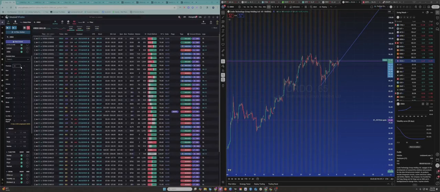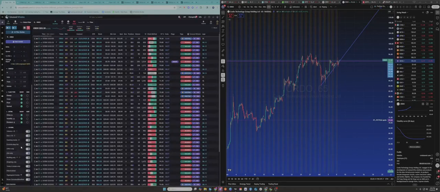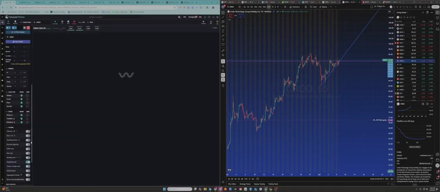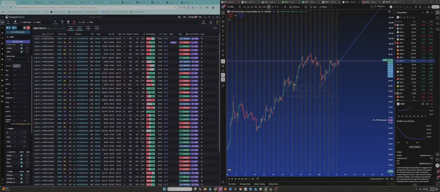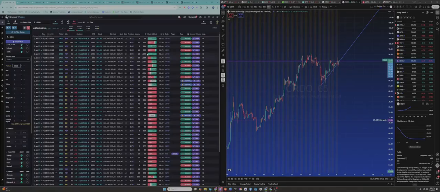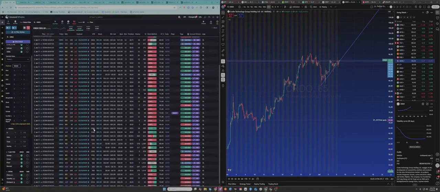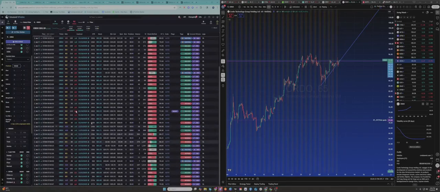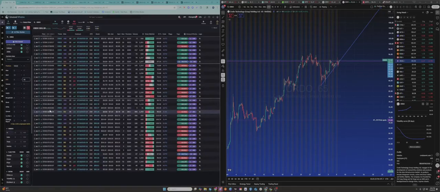All right, let's see what we got with size, single leg. All right, so looks like we got some longer dated put selling. Interesting. We'll go 30.